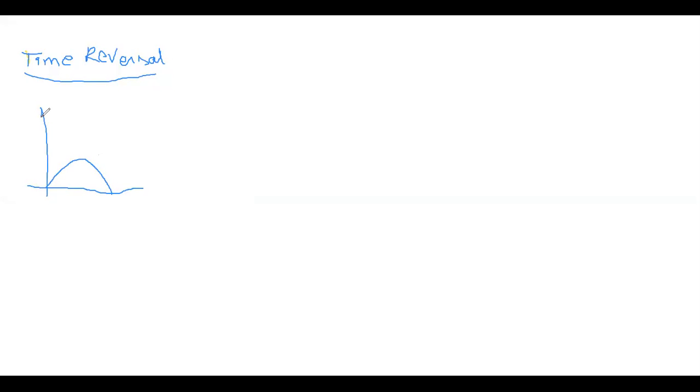Now this is x of t. On the x-axis I am considering time t. So the starting point is 0, ending point is 2. Now you are asked to sketch minus t plus 2. This is the first one, and the second one is you are asked to sketch minus t minus 2.